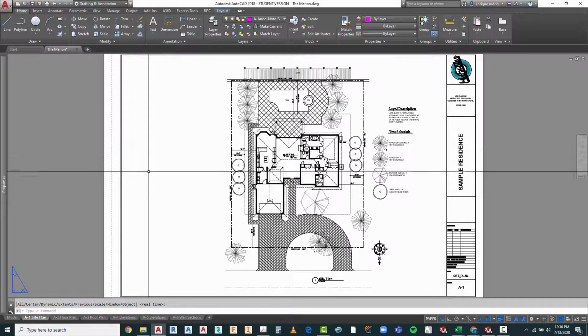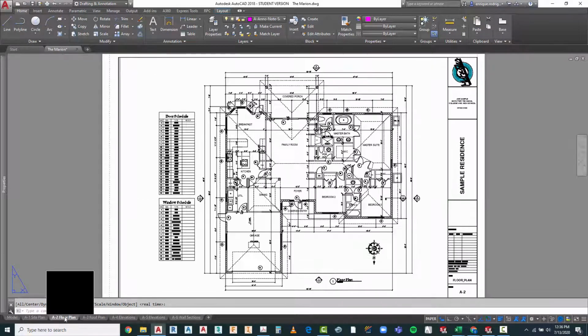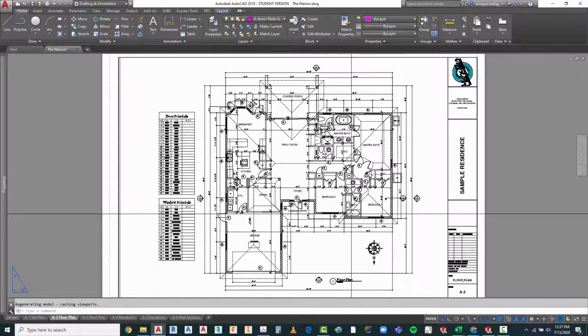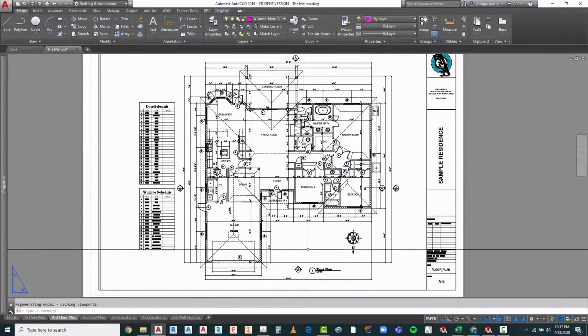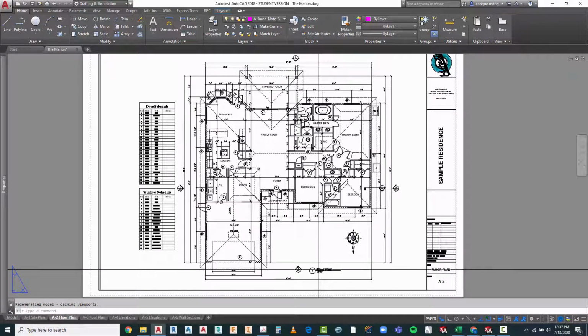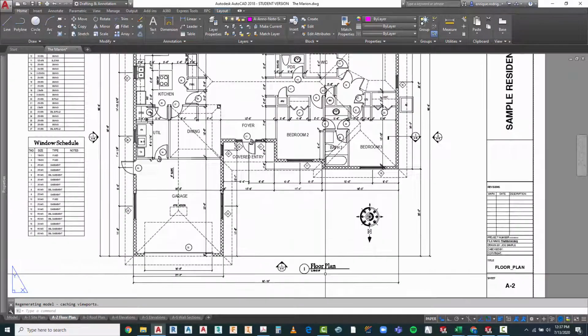What we're going to do is go ahead next and go to the A2 floor plan. This is the sheet or the layout with the layers turned on that we're going to be producing our areas on. So the first thing we want to do is I'm going to be using this font to calculate the areas, while at the same time I'm going to be using this for the title for it. So let me go ahead and copy this over,